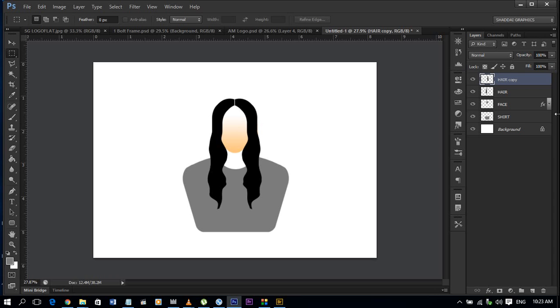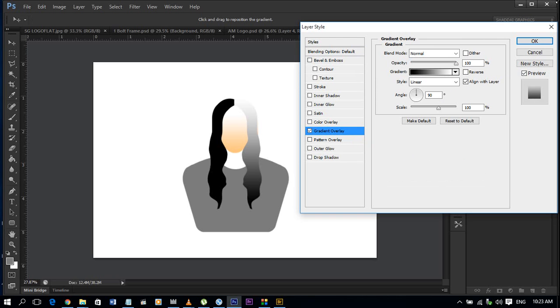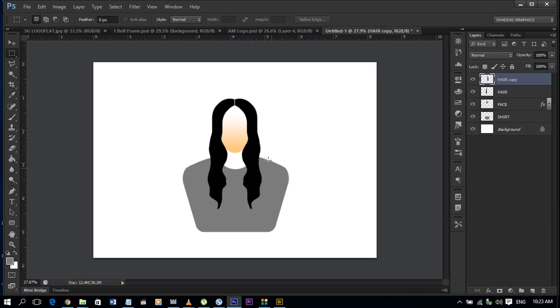Now let's choose the color of our hair. I'm going to give it a gradient from a light brown to a darker brown. Oops, they're still not the same layer, so I'm going to